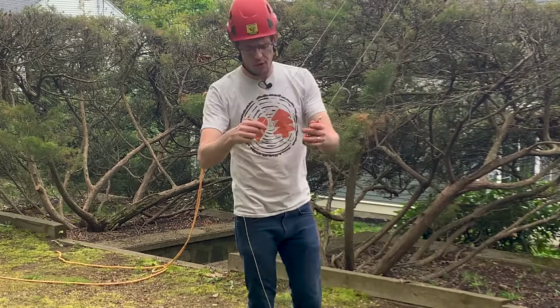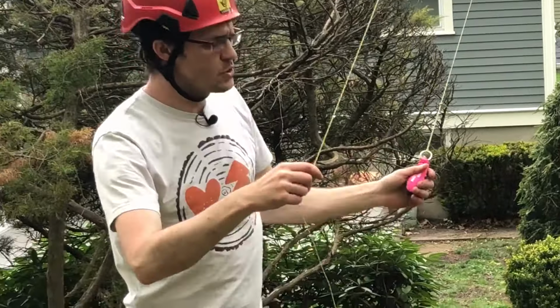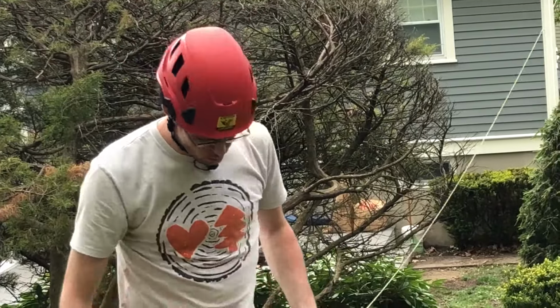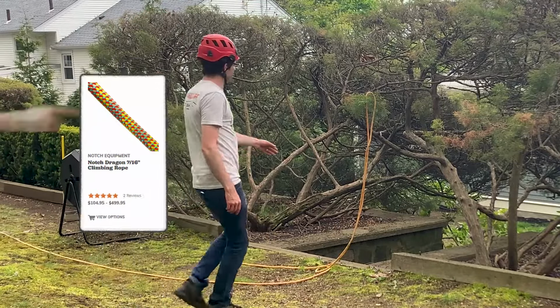Now I have both sides of the throw line. They're coming down unobstructed, and I'm able to set up a friction saver, climb DRT, climb SRT, set a rigging line, or whatever. When it comes time to attach line